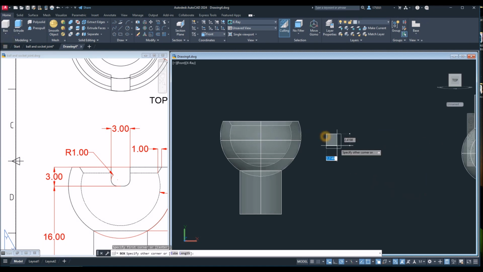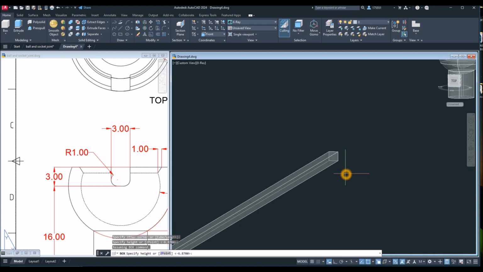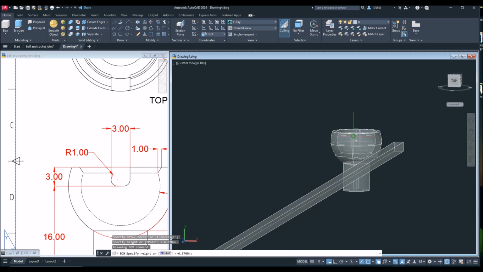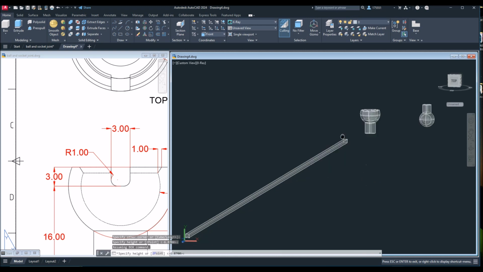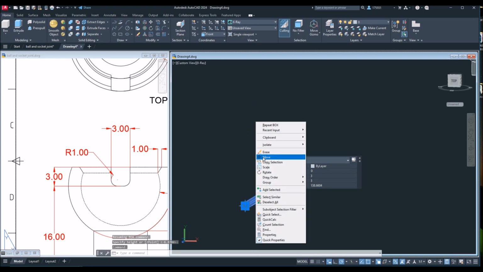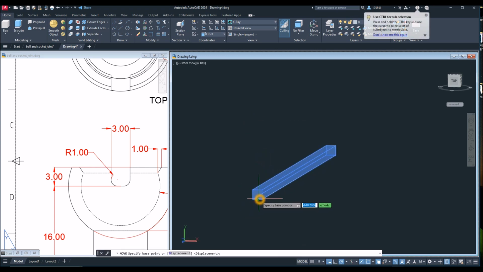So end point to end point, and just make it long enough to hit the other side of the quadrant of this, the other end of this sphere. So just about that size. And then I'm gonna move this one, move from